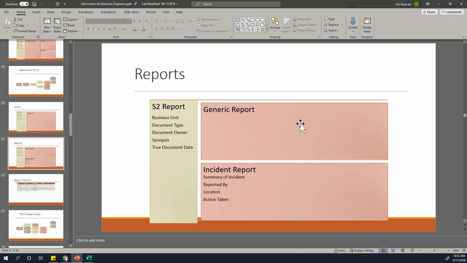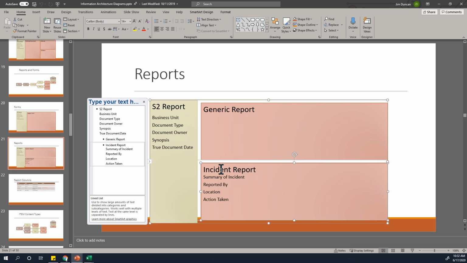It's a little more complex, so we don't start right from Excel. We start from PowerPoint, and we start from a PowerPoint presentation that represents an information architecture approach that we've built up over the years. And this is an example slide. It shows that we have a content type called incident report that has this metadata, which inherits from, it is a child of